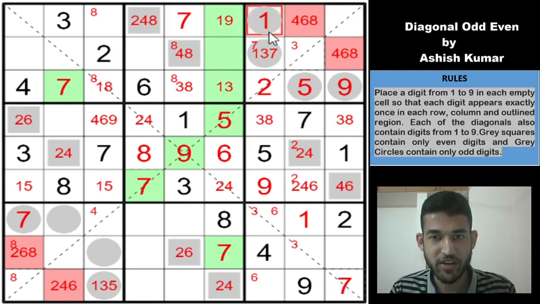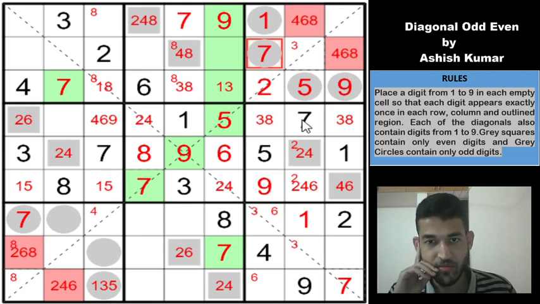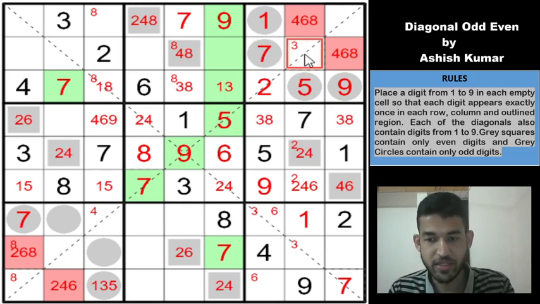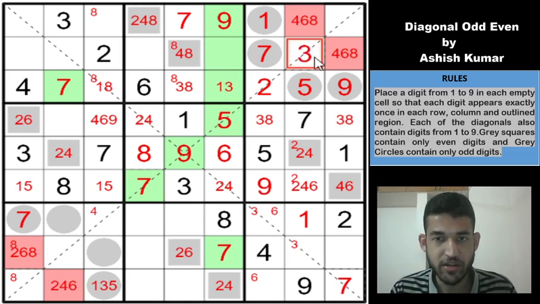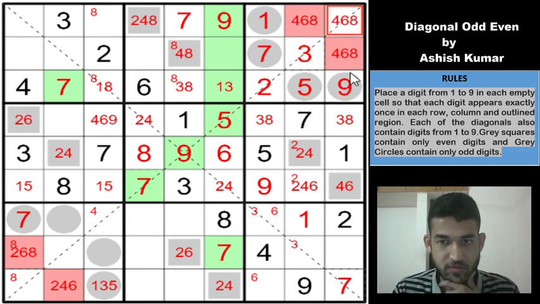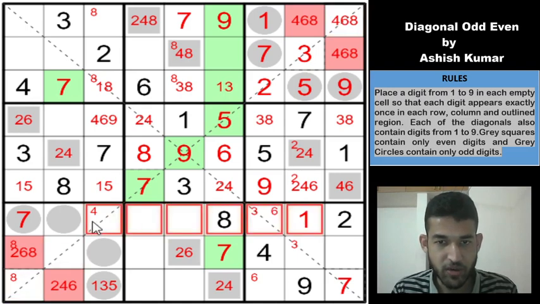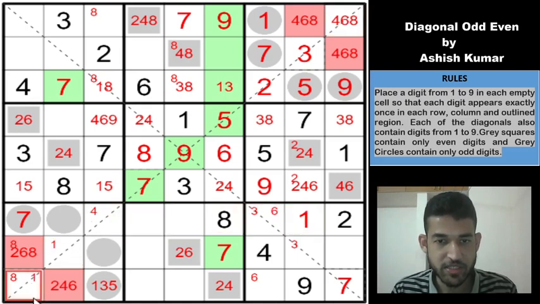So this 7 gives a 1 here, a 9 here. This is not a 1. This is a 3 or a 7. But we know that 7 must be in one of these cells, which means this is a 7. So we have placed all these 7s in the grid now. Okay, so 3 in box 3 has only one cell left, so it has to go here. So this is 4, 6 and 8. So which means that in this diagonal 1 has to be in one of these cells. 1 cannot go here, so 1 would have to be in one of these cells exactly.